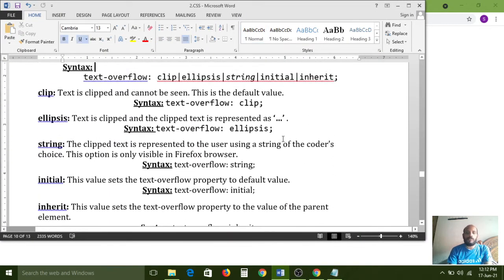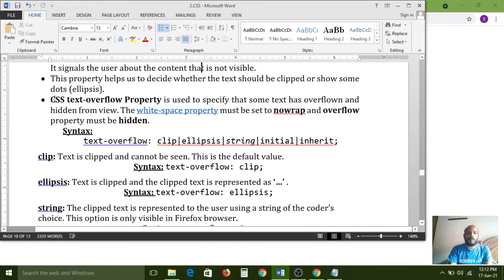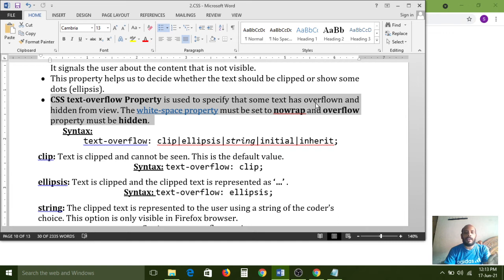In CSS, the text-overflow property is used to specify that some text has overflown. So only when the text is overflown do we have to use the text-overflow property.